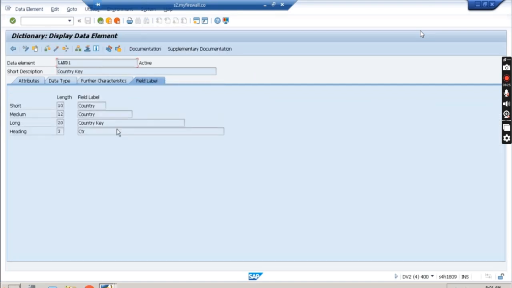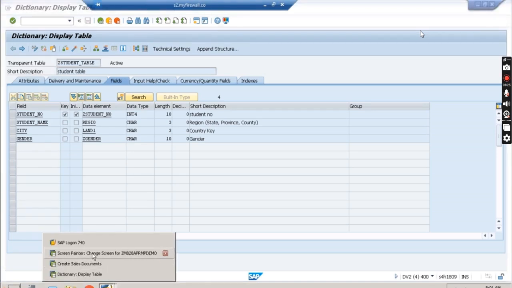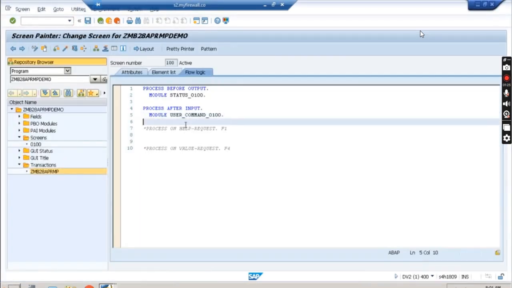Then for this land one, observe this field label. Land one is country. Okay, observe this field label. Gender, you have to observe this field label. Very important, this field label. That's where the label comes into the picture. Okay, what I want to do, I'm going to create another module program where I just copy this one,